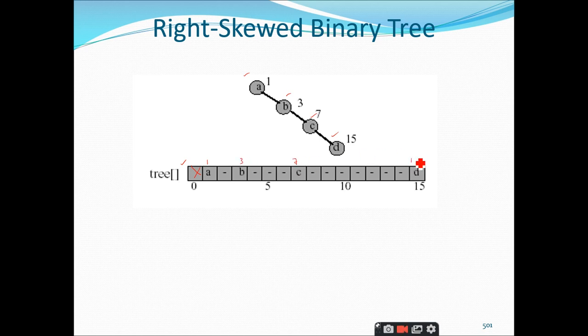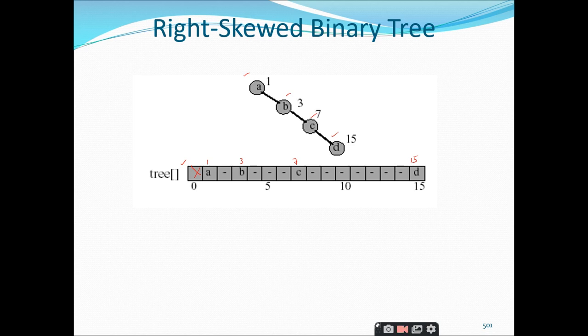and this is 15. So in total how many locations are there? What is the size of the array we have declared? It is 16, right? And what about the occupancy rate? How many elements are we storing inside this array of size 16? 4, sir. Only 4. Therefore 12 locations are being wasted. That means 12 into 4, 48 bytes of memory is wasted whenever you represent the right skewed binary tree using arrays, right?